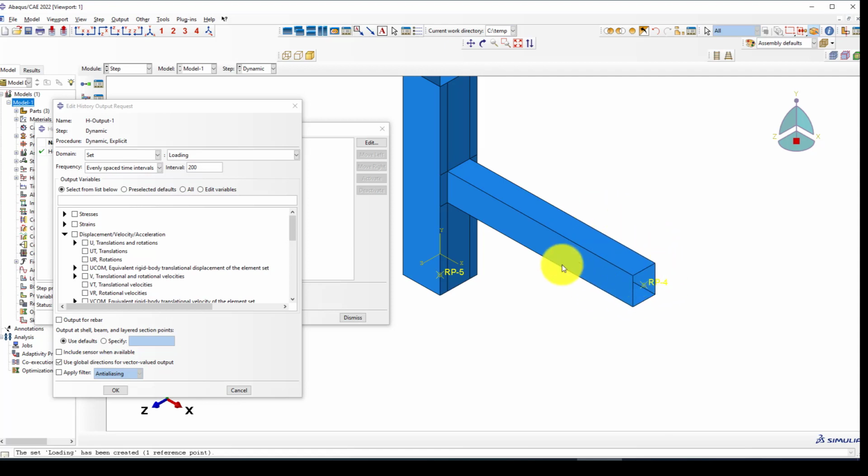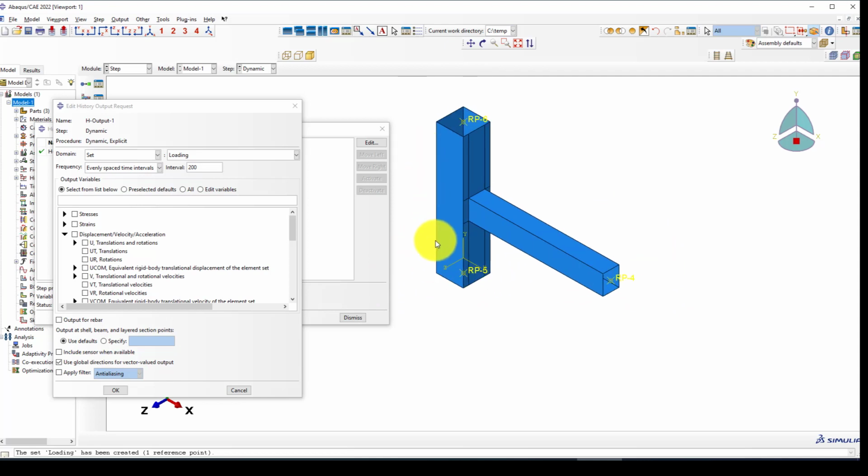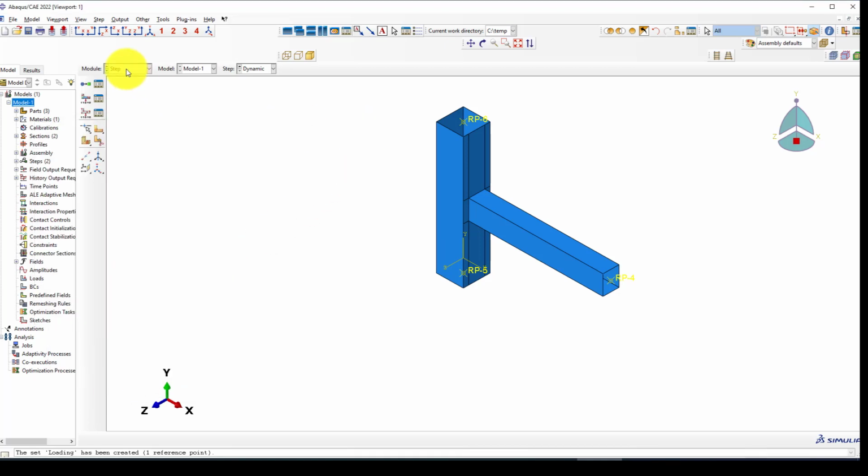When you're applying load, then you have to get the reaction force from the boundary condition. Okay, we will select the displacement in U2 and also RF2, and okay, now we created the displacement as well,